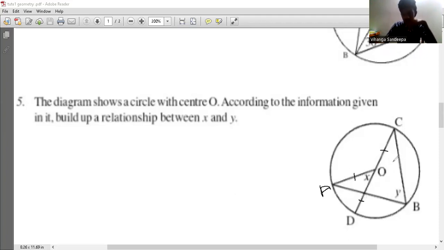Then angle AOC equals 2y, according to the previous theorem I have discussed. ABC equals y, then AOC equals 2y. Then look at the straight line CD. So they are